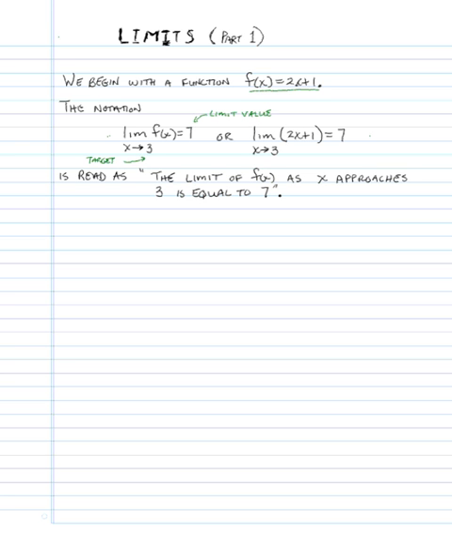Now, we need to understand what this is asking for. This is asking us what value 2x plus 1, or f of x, is getting near as x gets near 3. So let me write that down. Let's write it this way. The limit of 2x plus 1 as x approaches 3 equals, well,